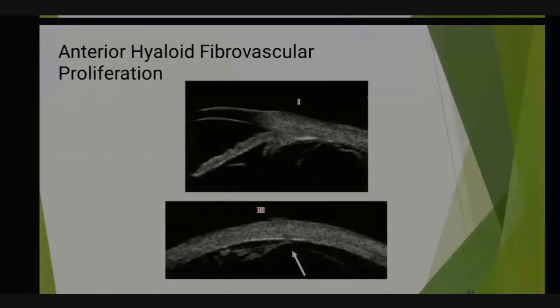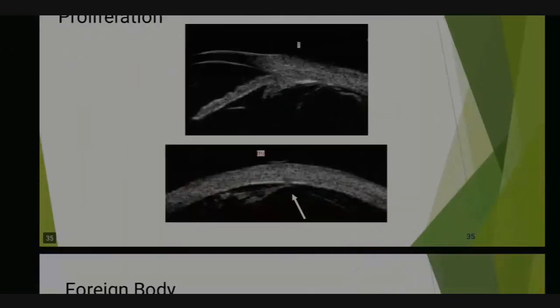Next, we talked about the FEP, right? So I told you any abnormal growth or abnormal proliferation, we need to check in clock hours. Mostly in our hospital, the sclerotomy sites are done in 3 clock hours, 2 in the temporal quadrants and 1 in the nasal. This is how they perform the surgery.